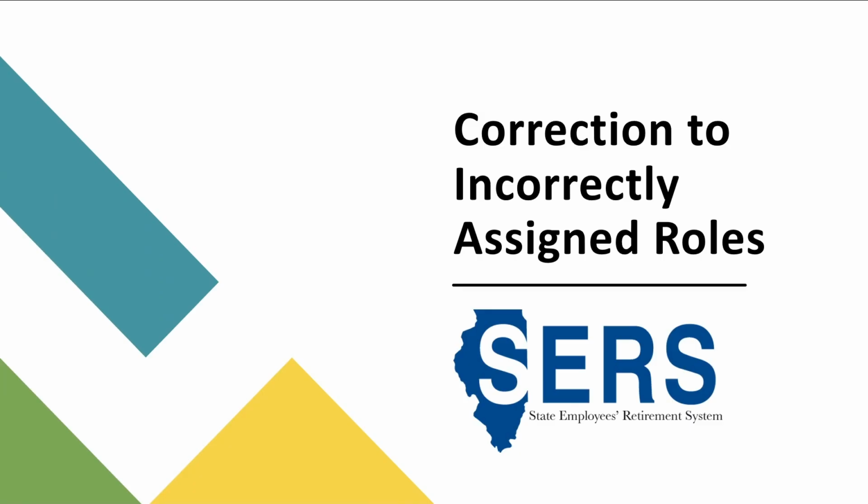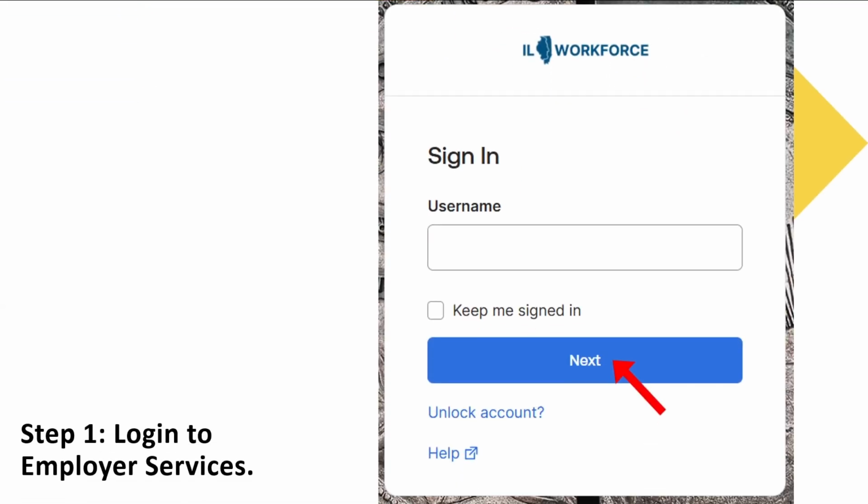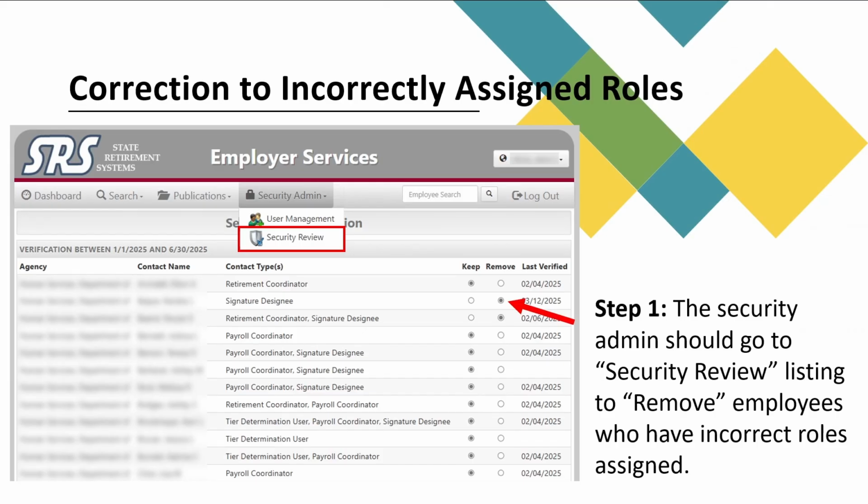That process reviews how the roles are assigned to new employees, or if you have ongoing employees, should their roles change. Now we're going to talk about how to correct or remove assigned roles. You're going to log into Employer Services once again. Go under Security Review this time instead of User Management. This will give you a listing